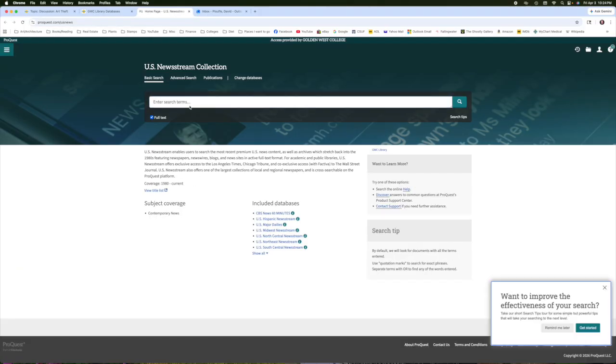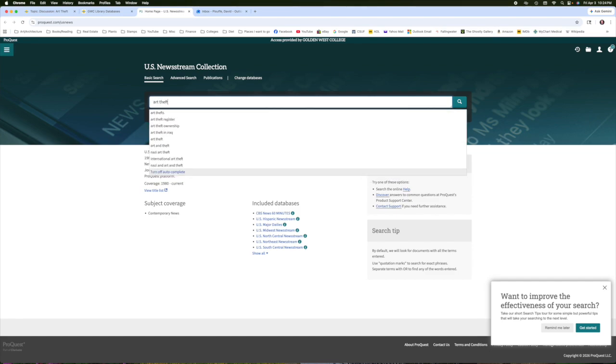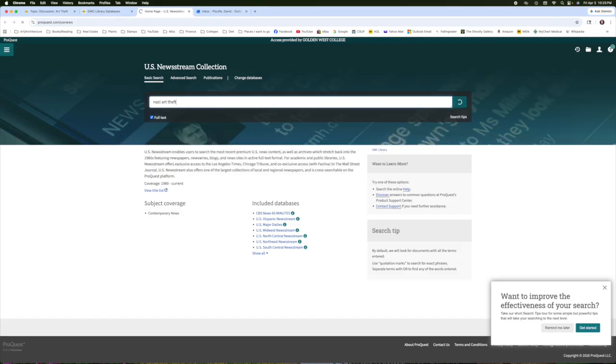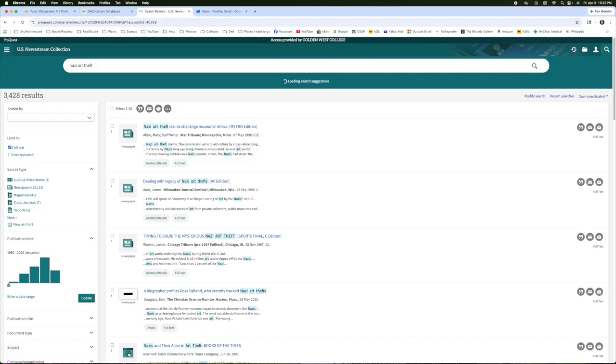We're just going to click on that. And that'll bring up kind of like a Google search bar. And so you can enter search terms, something as easy as art theft, or maybe you're interested in international art theft or art theft of Picasso. For me, I'm interested in particularly World War II art theft. And so I'm going to type in Nazi art theft, press enter, and it's going to bring me a number